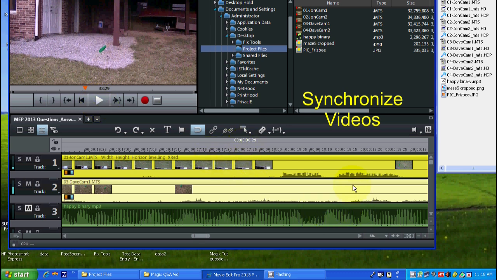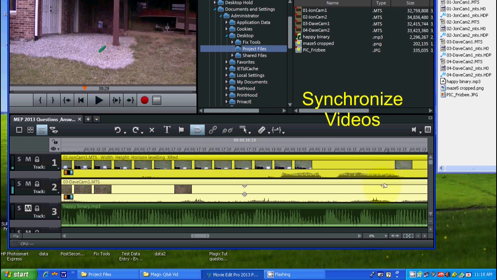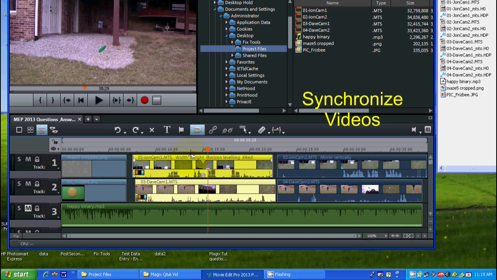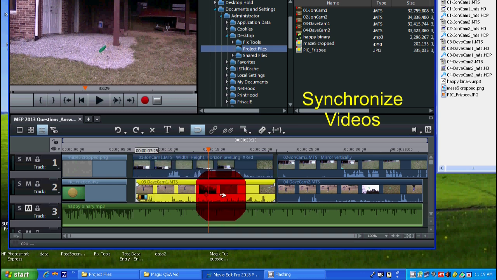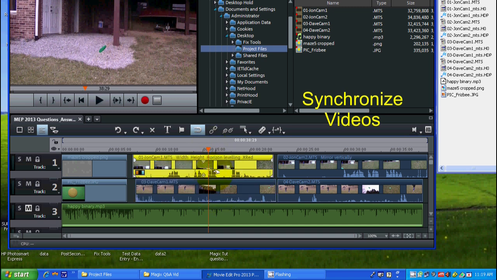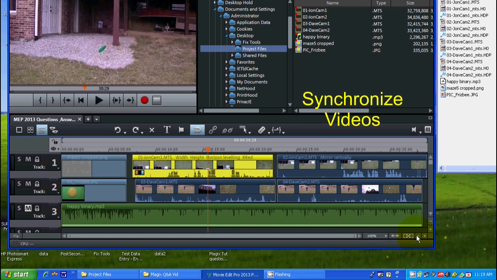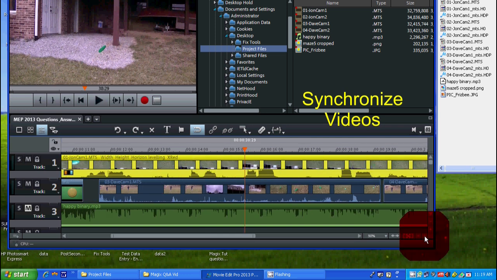So let's just zoom back to the timeline, or zoom out to the timeline, and that's this button down here. Just click that, and now we've zoomed to the timeline, and we can see we're working with these 2 clips right here. And the audio on the bottom one is behind the audio on the top one. So what we need to do is zoom in, and we can do that with our plus button down here,